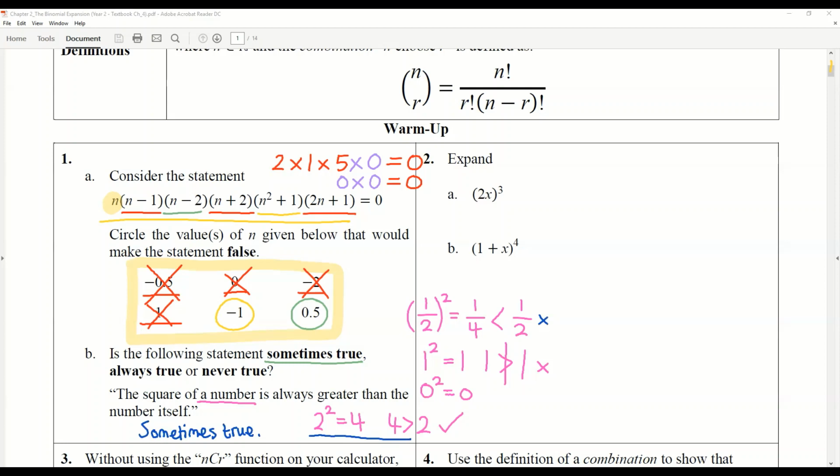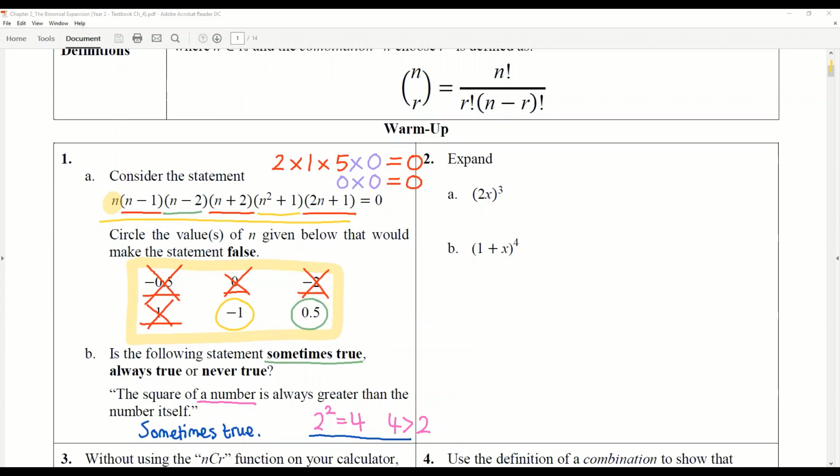So that's question 1. Now, question 2, I'm just going to create a bit of space here. Question 2, we're asked to expand some brackets. Now, if we do this explicitly, I just want to make a point here about what you're actually being asked to do, and just to stop you making silly mistakes, really. If we're asked to expand 2x to the power 3, I'll write it out explicitly. Please remember,